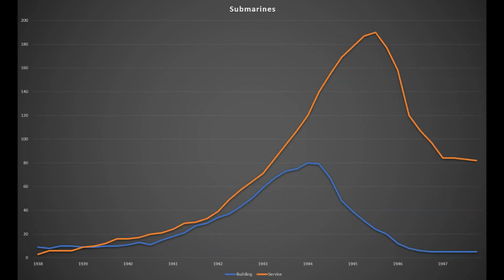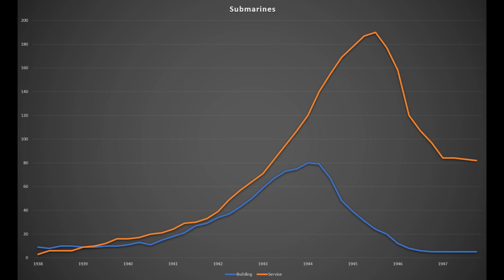And then we move on to our second to last graph, the submarines. Now the submarines have one of the more interesting curves, and like the battleship curve versus the carrier curve, this kind of also indicates where US priorities lay. There's a relatively continuous production of submarines in the pre-war period. There's not any significant dip like there is with destroyer construction numbers, and there's a corresponding steady flow of submarines